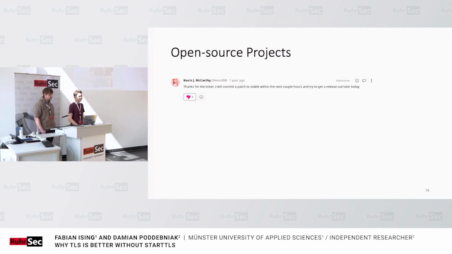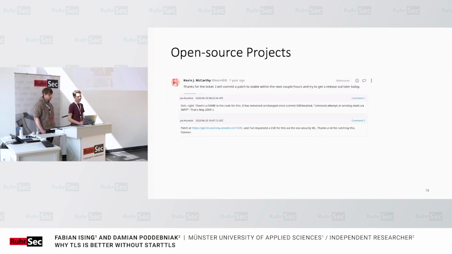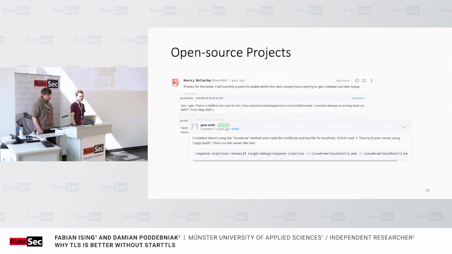It took the Mutt developer all of 55 minutes to release a patch for us to test. The Trojitá dev took a day, and explained to us why the issue happened in their code in the first place and requested a CVE themselves. And the Thunderbird developers were especially helpful, doing a lot of research themselves and giving us new ideas to improve upon our own research and improve the paper.